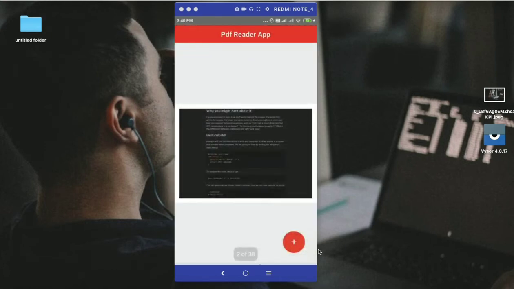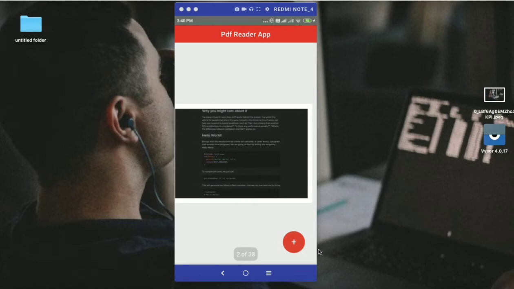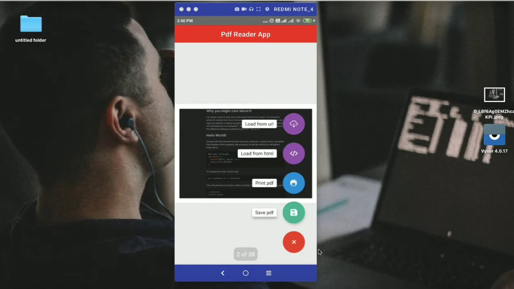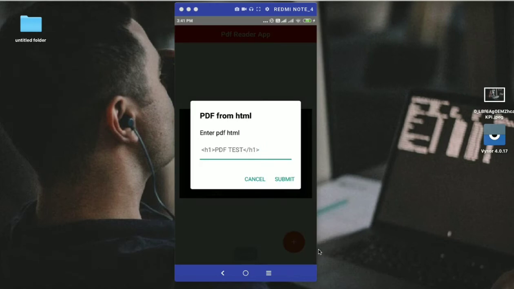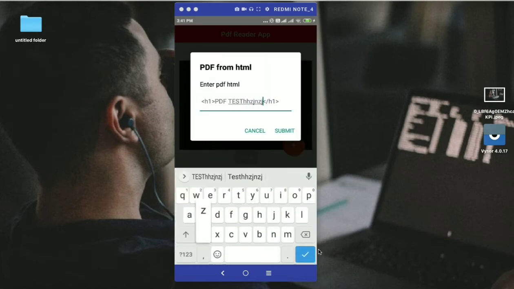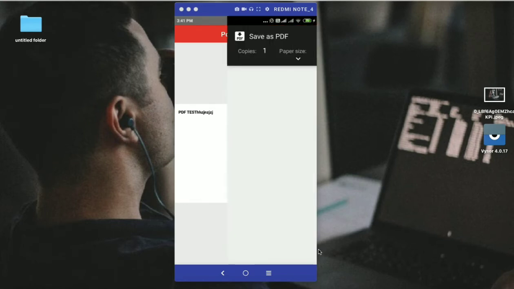Now I change the HTML code. This takes some time. Now your HTML PDF is created.